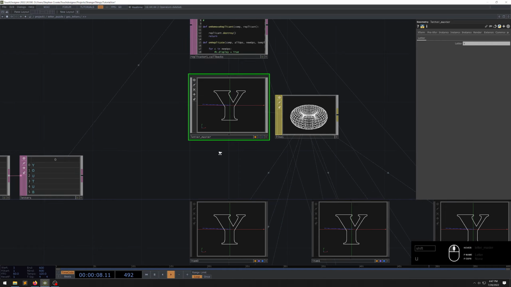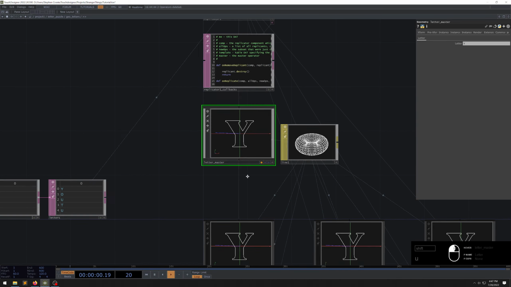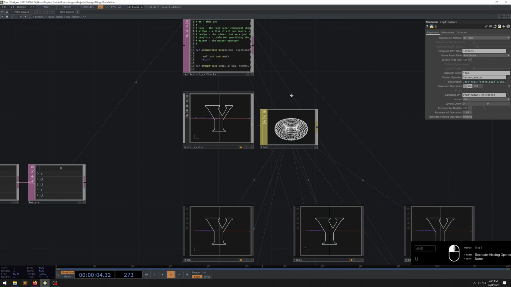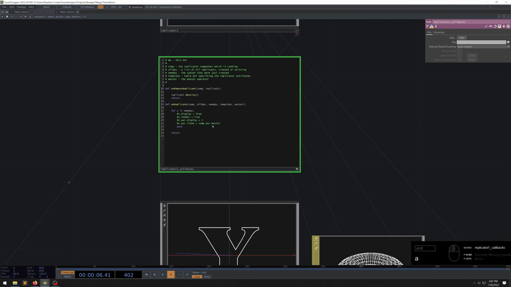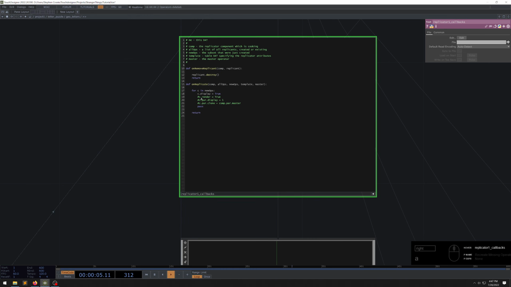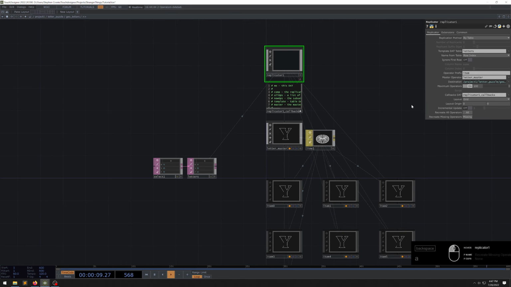Great. So now we want to, all these now just still say Y. So we're going to do a couple things here. This is a script that gets run for the replicator. First thing we'll do, they already give you this code, which is quite nice. We're going to turn on the display and render flags. So basically what that does,